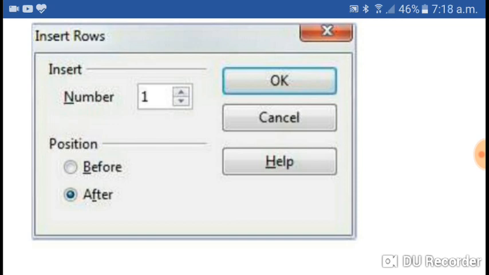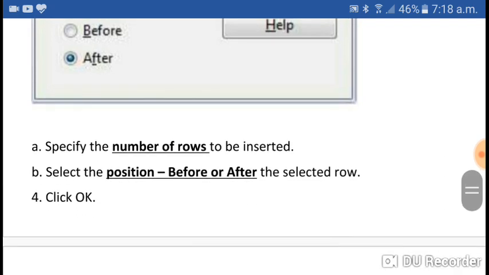Next, position. Position is before or after, because we want to insert rows wherever the cursor is. From the cursor position, before the cursor we want to insert rows, or after the cursor. Select the required option and click on the OK button. So your required number of rows will be inserted at the required position.